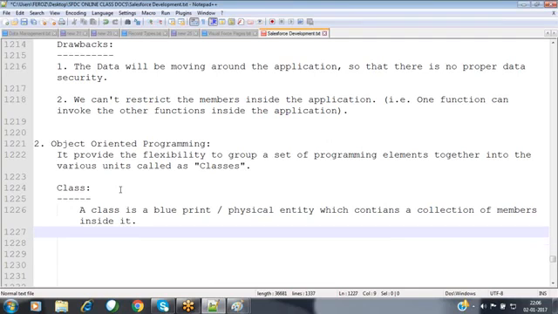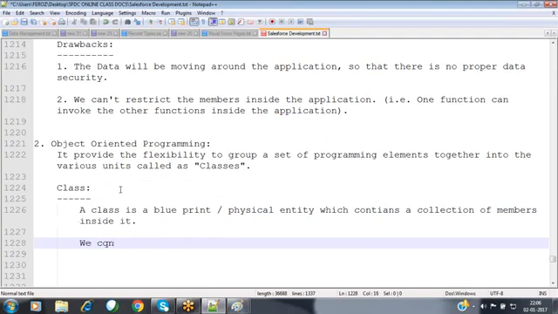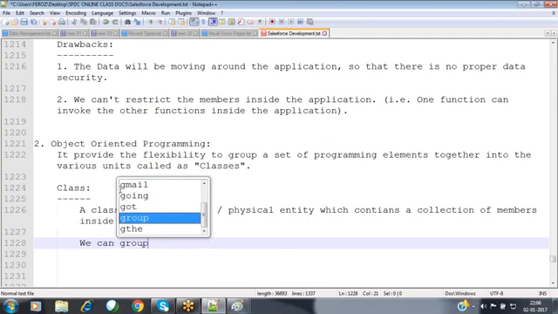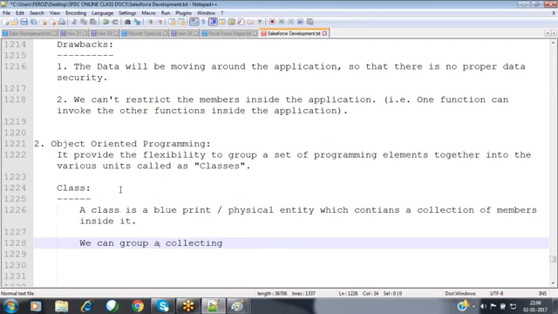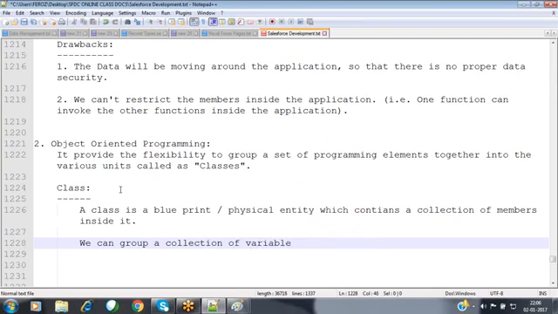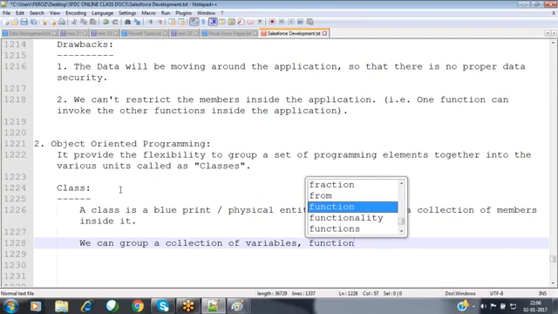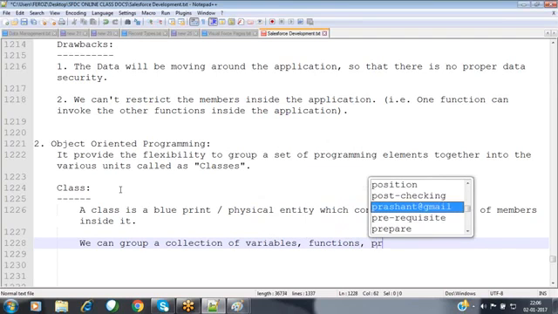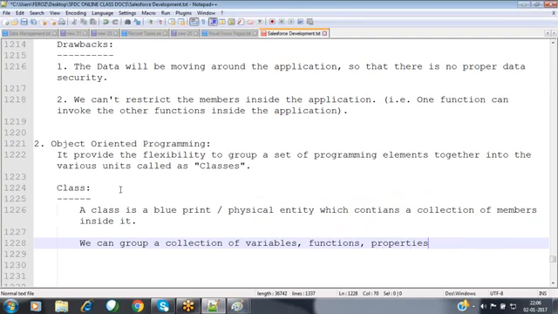So what are the various members we can place? We can group a collection of variables, functions, properties, procedures, and constructors into a class.